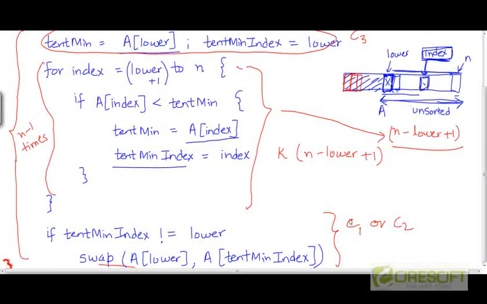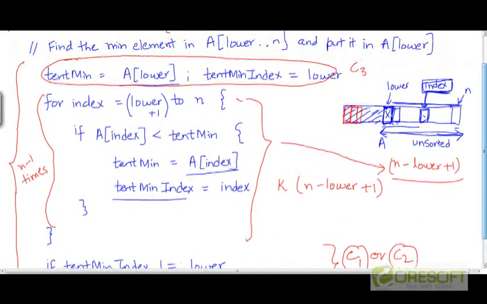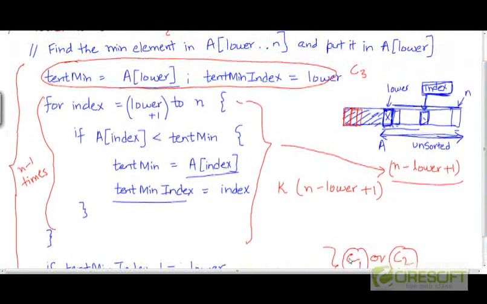And obviously it's hard to exactly determine the expression if you don't know how many times C1 is going to execute and how many times C2 is going to execute. But let's overestimate the running time. Let's say that in the worst case, C2 could execute all the time, but it doesn't matter, because as you'll see, whether we take it as C1 or C2 or some value between C1 and C2,